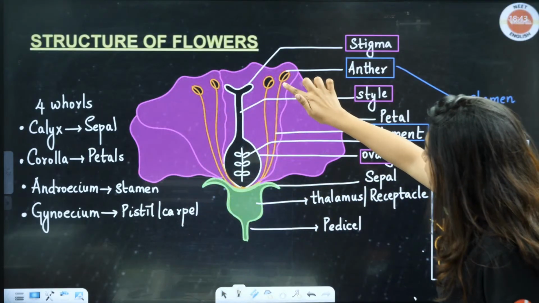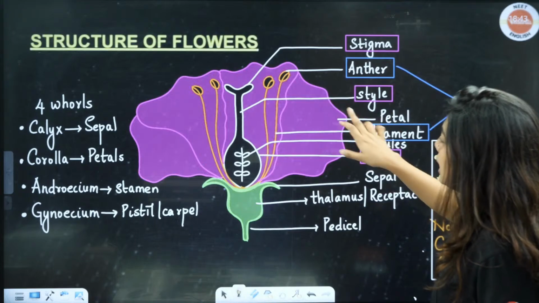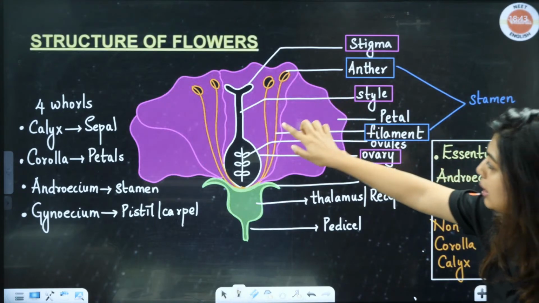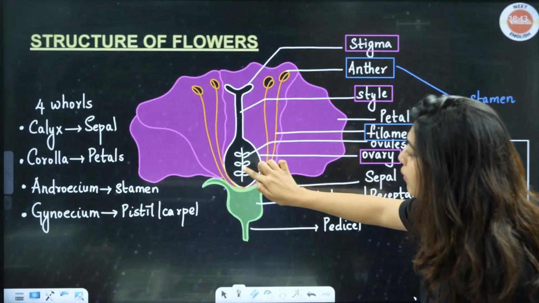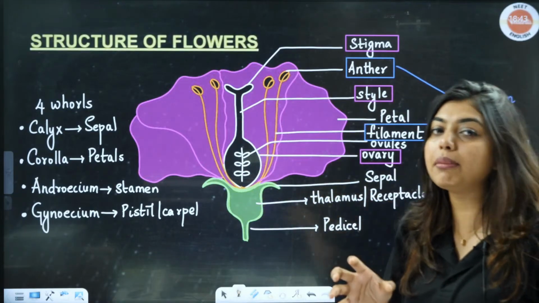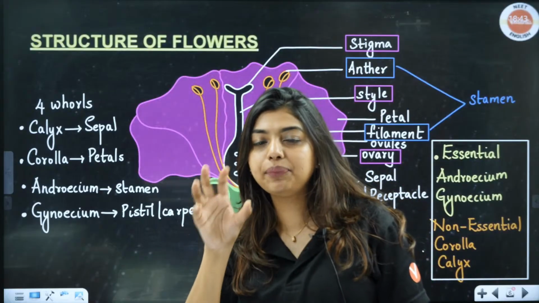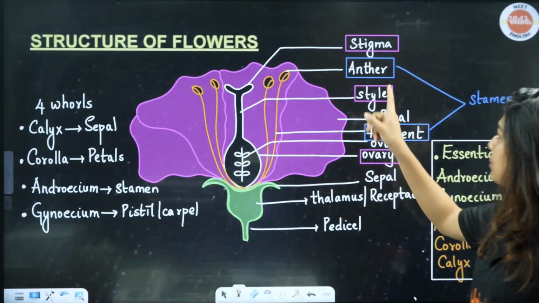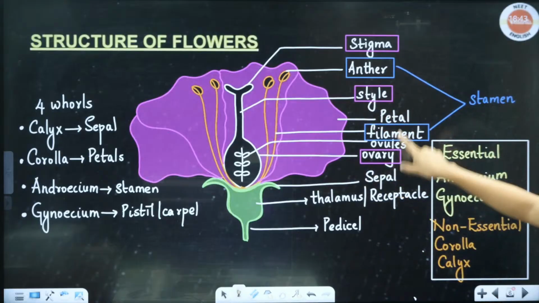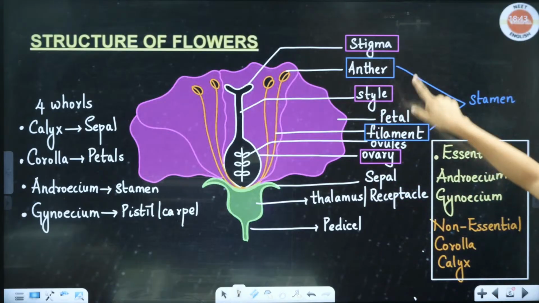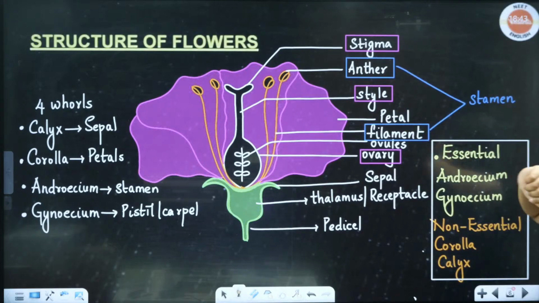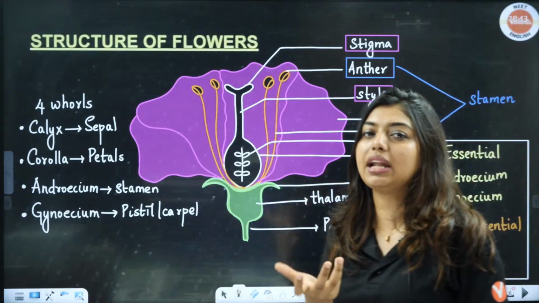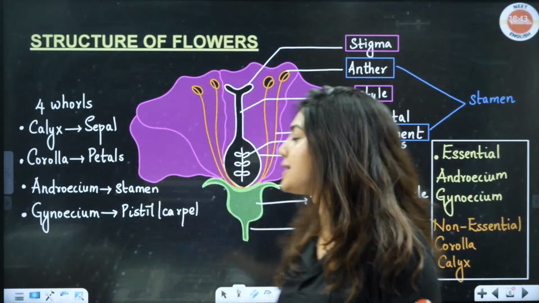Then you see here, can you see a structure which is called your filament, okay. Look at the labeling here, filament, okay. Above that, look at stigma, style, ovary, ovules. All of these are the female part. Stigma, style, ovary and ovules are going to be the female part. Male part is going to be anther and filament. So, highlight the male part in blue, and the female reproductive system in pink, okay. So, look here, this anther and filament together forms the stamen. Anther and filament together forms the stamen, okay.